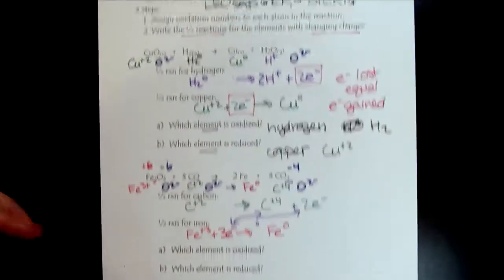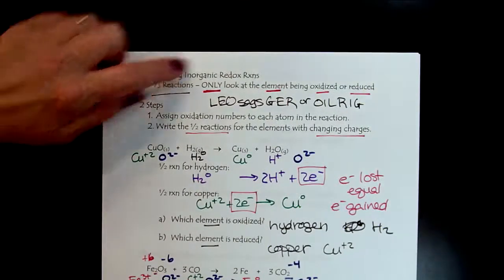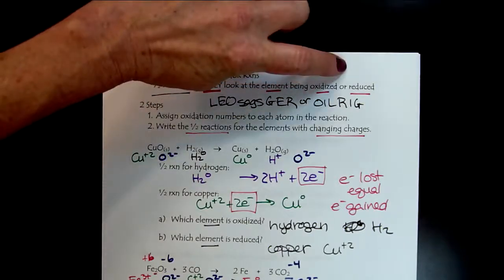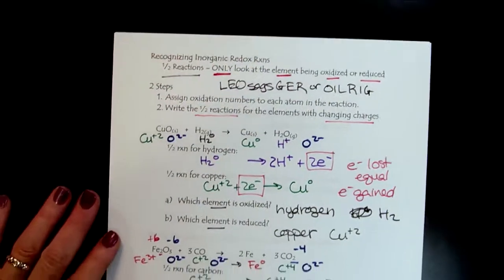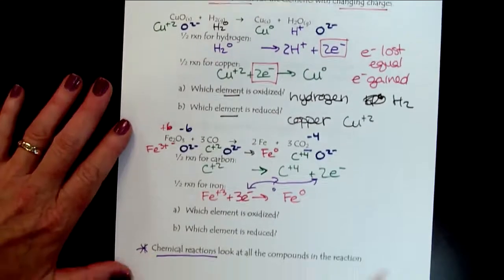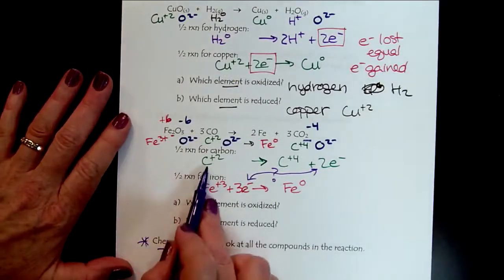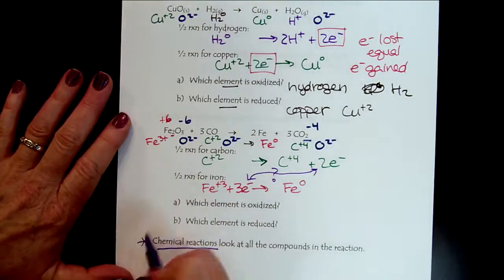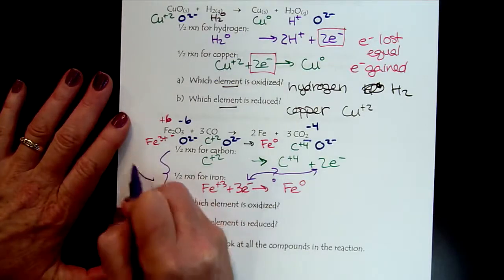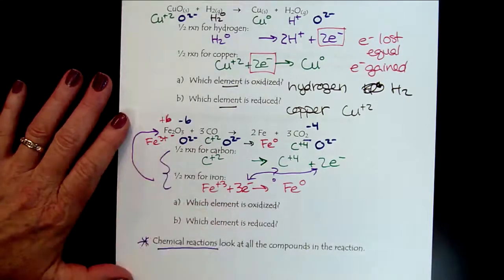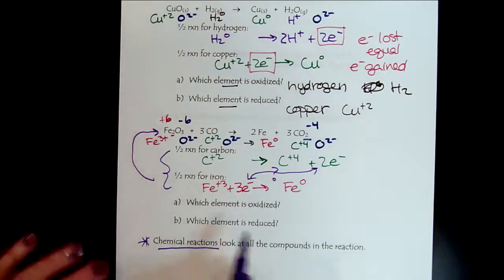Remember, half reactions only look at the element being oxidized or reduced. So these are the correct half reactions for the elements, but we need to integrate this information with the chemical formula. And I'll show you that very quickly. But let's wrap up